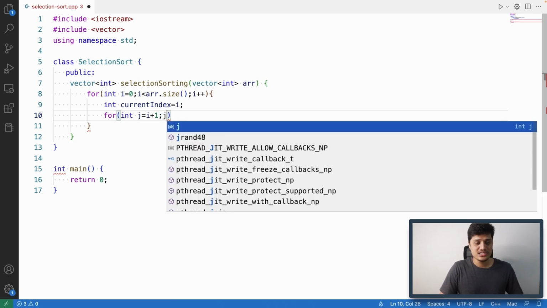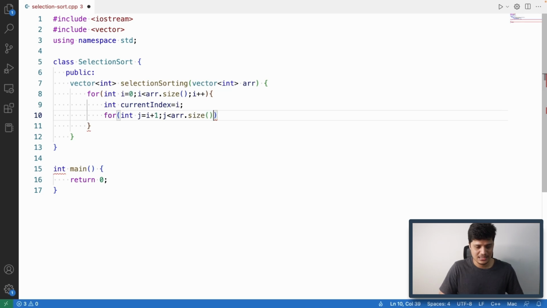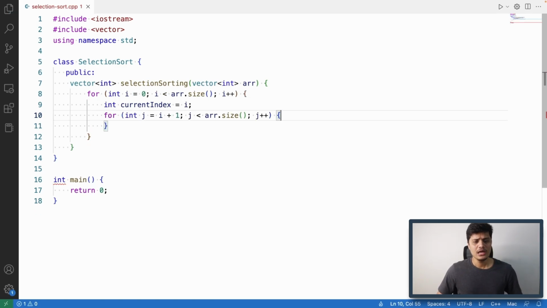As a result, this jth loop also needs to run till the very last index, that is nothing but less than array size, and in each and every step I just want to increment the position by 1. Now we need to compare the value at this current index with the value at jth index. If we find any value at this jth index that is smaller than the value at this current index,